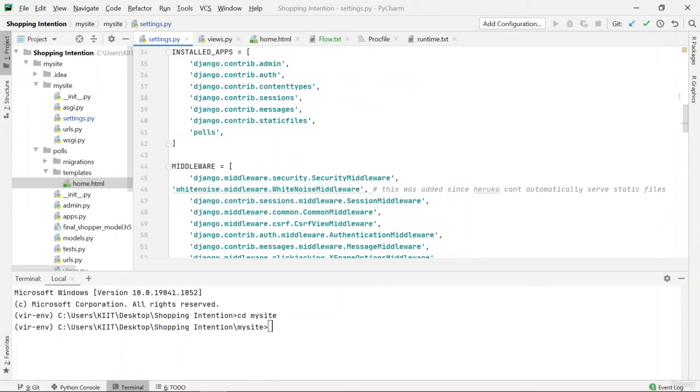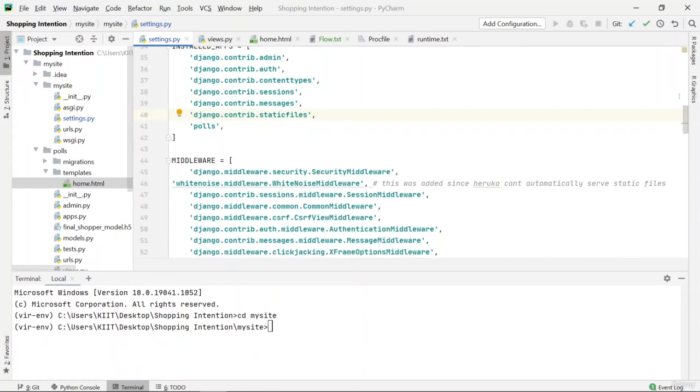Before I move forward, just see the installed apps. One app was what I made, but there are pre-built apps also. So you can see that there's an app for static files, for messages, sessions, auth, admin. This is basically for login and log out. If you're building an application which has a login and log out feature, this is what it is used for. Again, static files, for files like HTML, CSS, handling of all those files is done by this, or storing them is done by this.